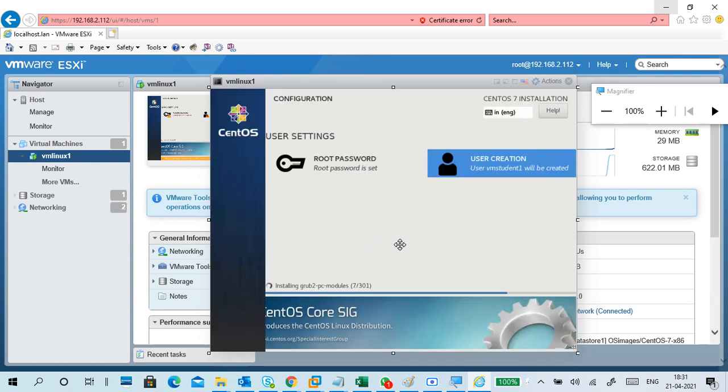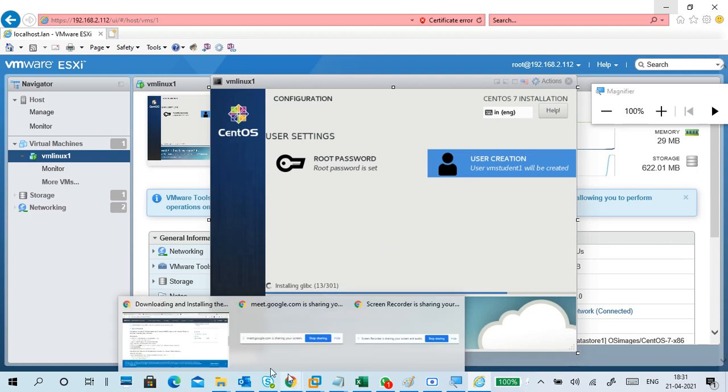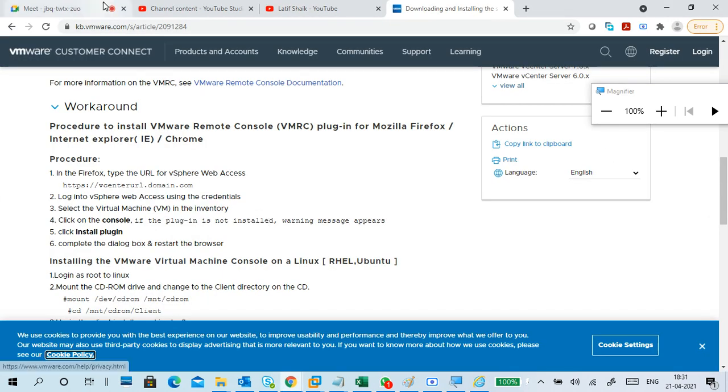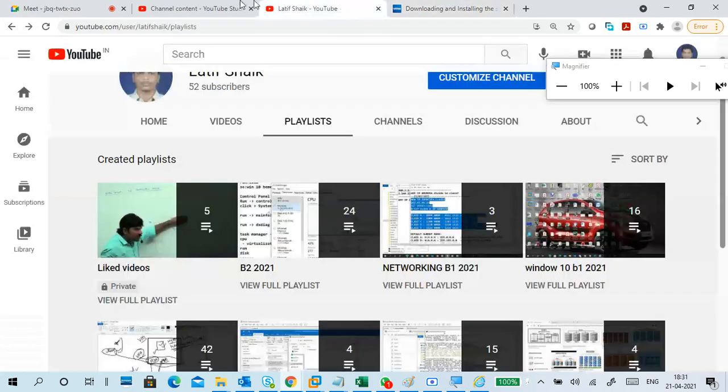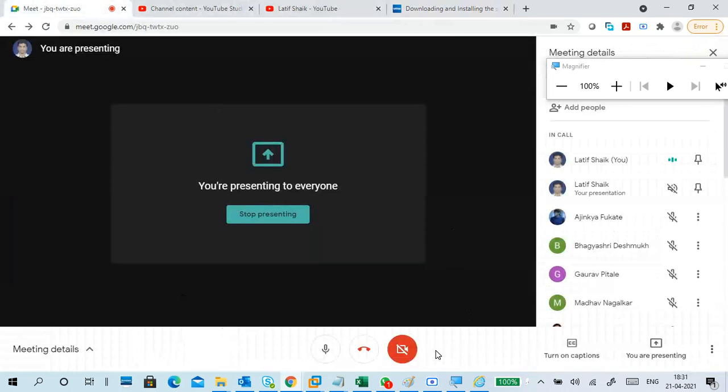Okay, so this is how we can install. So I'm installing a small minimal virtual machine in my vSphere. So this is how the environment looks like. This is how an organization environment looks like, guys. Okay. So luckily everything worked. A little bit late, but everything worked. Last batch time I struggled a lot to show the things.